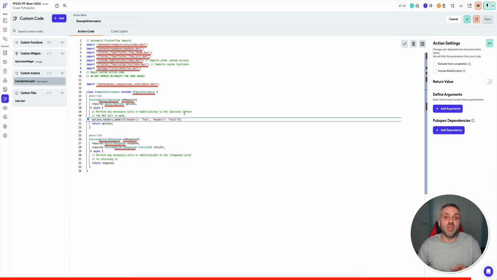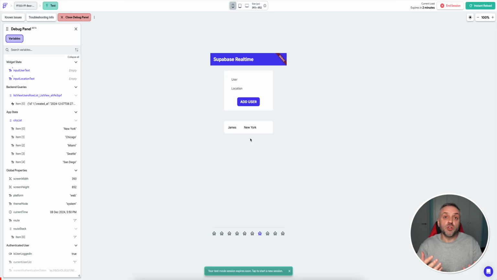Okay, like I said, you may not be using it in every single app, but it's important that you realize that this feature exists, because I'm sure there's going to be a specific use case where you need to leverage this feature. The next feature that I want to share with you is another long-awaited feature for those who use Supabase